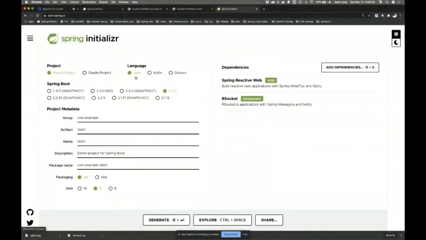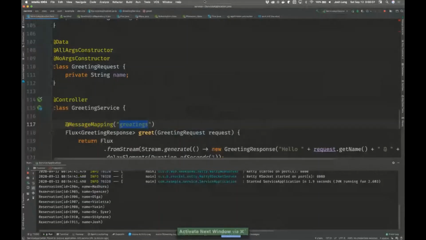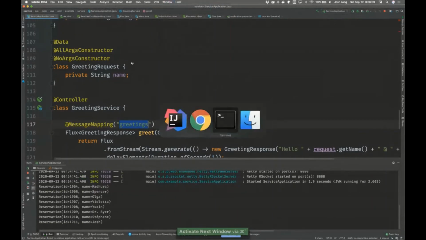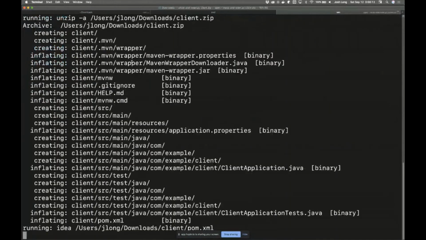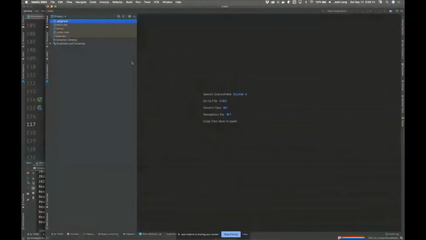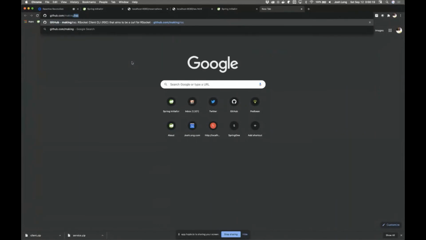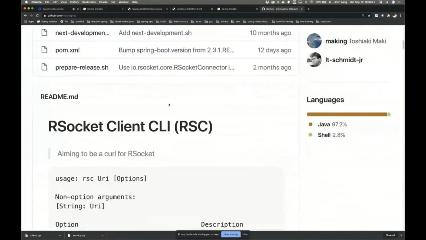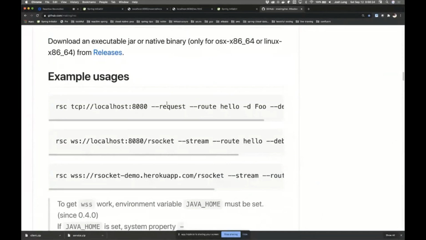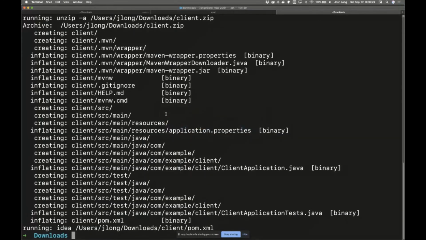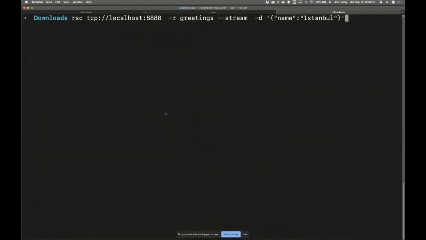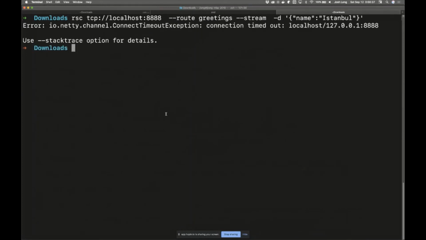The other is you can create a client. So I have a client here. I go to my client and open it up, okay, as usual. Localhost 8888.